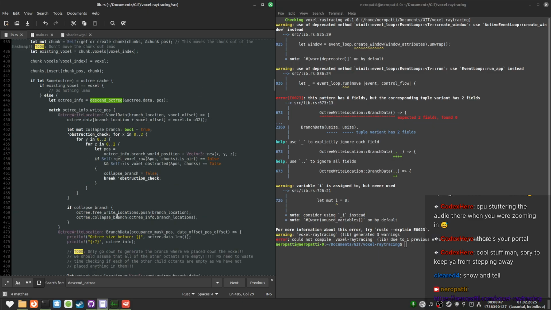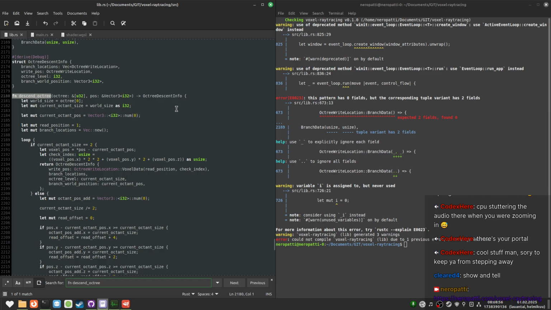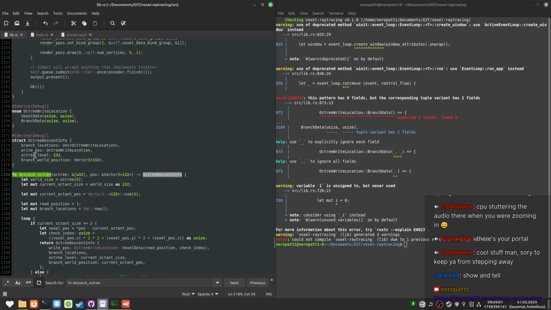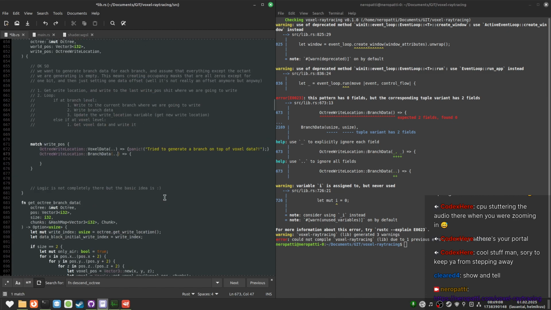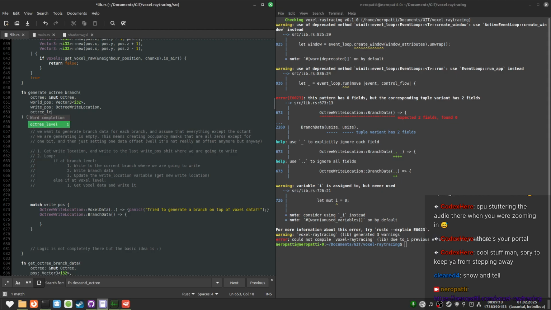Free info. Send octree. What do we do here? Return octree descent info, and descent info has the octree level. Okay. There we go. We're just gonna need to pass in the octree level to this function as well.